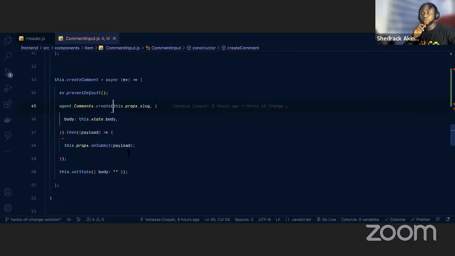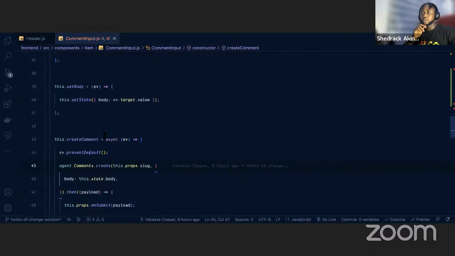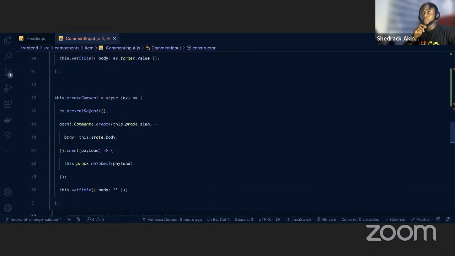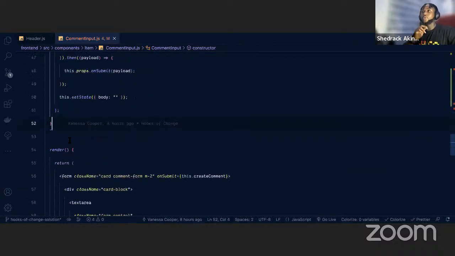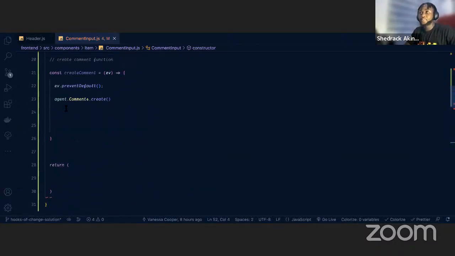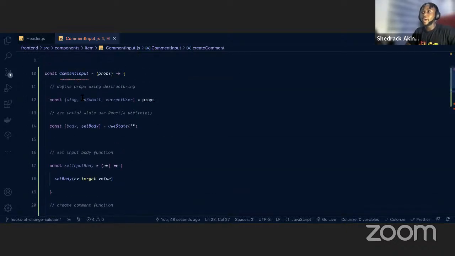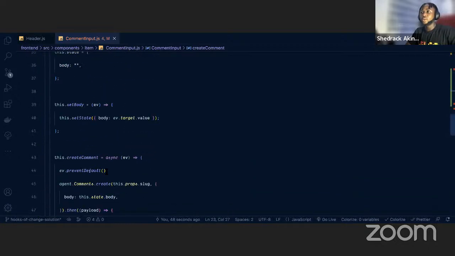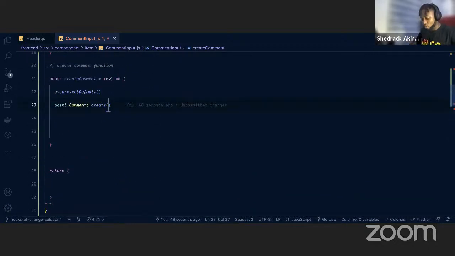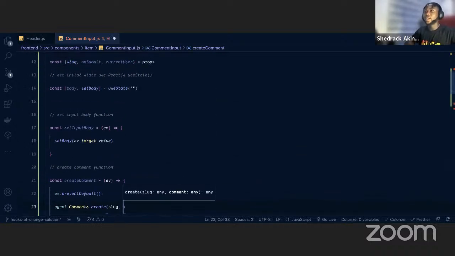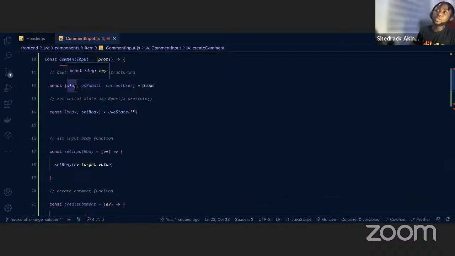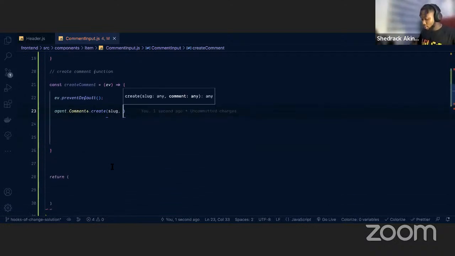So let's be sure we are doing this the right way. So this does this, then this does this. Okay, so where is this coming from? From the constructor. Okay, so we don't need that anymore. Since we already have our props defined here, we do not need to do this.props.slug. So what we just need to do is use slug, and we check here, slug is highlighted because we have used the slug. So the next thing is to write the callback function, which does this,